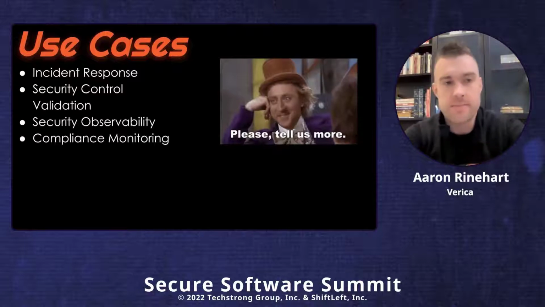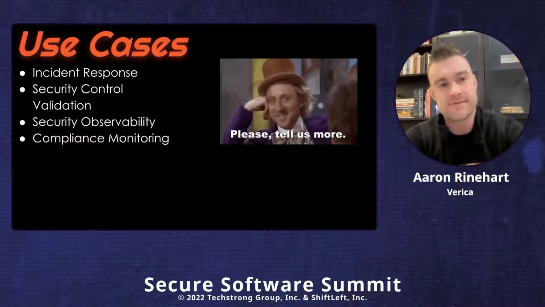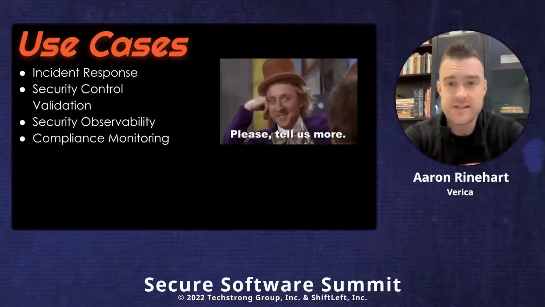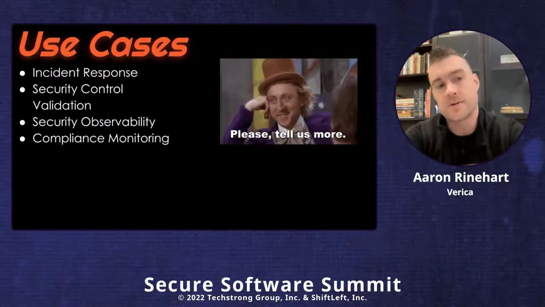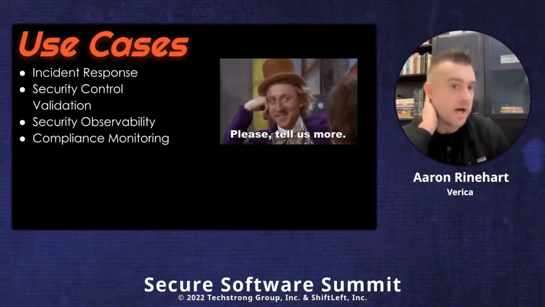So here's some use cases you can apply security chaos engineering to. I'm finding almost every day that somebody's applying it in a different way, but some of the main areas where people get a lot of value from doing it are security control validation. A lot of this is architecture type of validation, verifying that security controls work the way they're supposed to, when they're supposed to, they're placed correctly, they're effective, they trigger under the right conditions, and that's kind of where I started doing it. Incident response is also a great use case. We'll talk a little bit more about that.